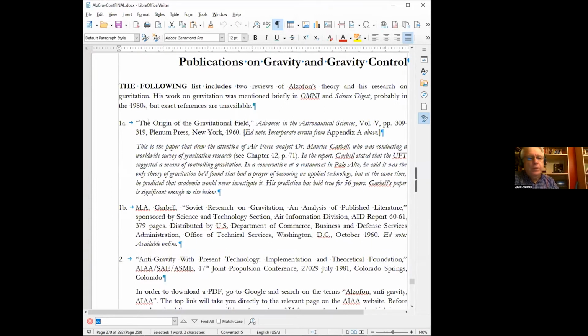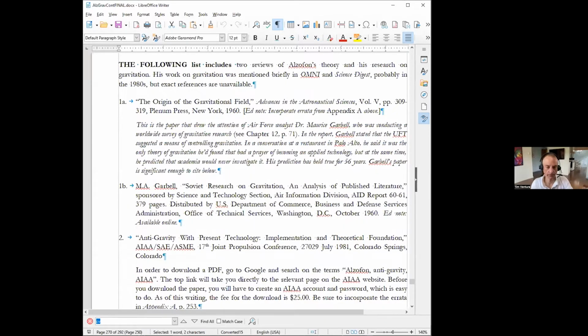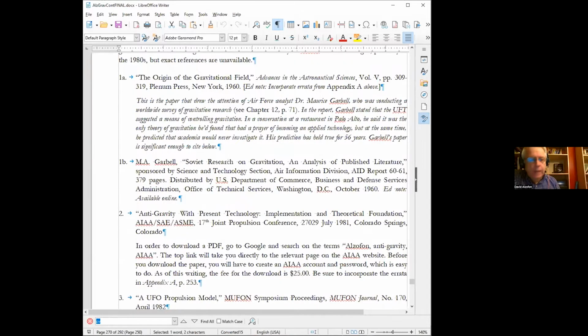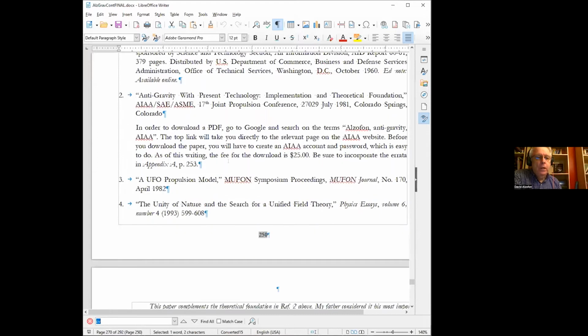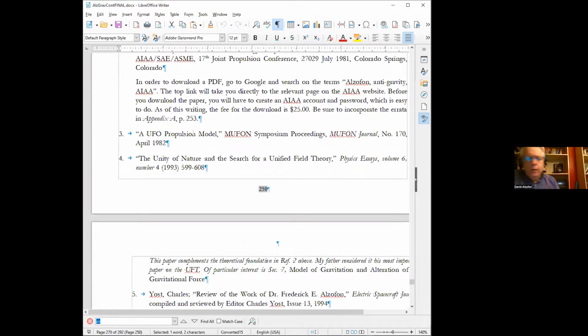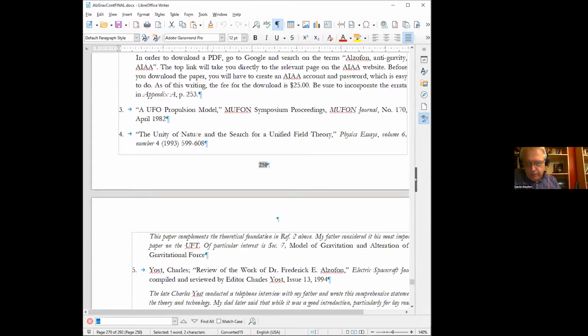So here's the first paper that had to do with gravitation, and that was in 1960. This is the Air Force Survey 1B, Soviet Research on Gravitation and Analysis of Published Literature. That's also online. This is the 1981 paper. I don't know if anybody's posted it online. I know that the AIAA charges a fee for it. I don't get any of that. That's strictly the AIAA. And I didn't want to put it out there because I was afraid that I'd conflict